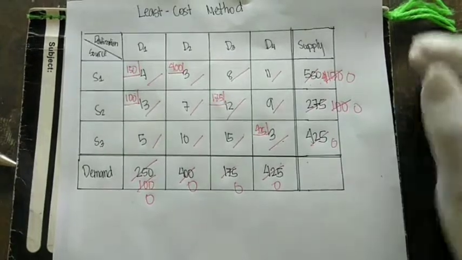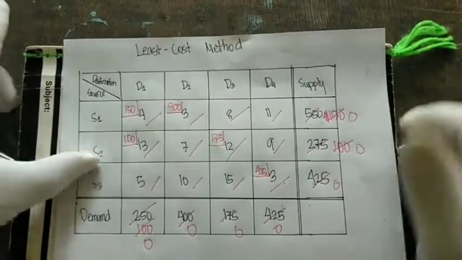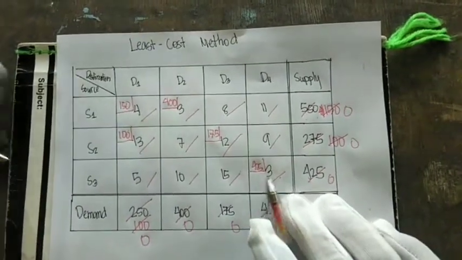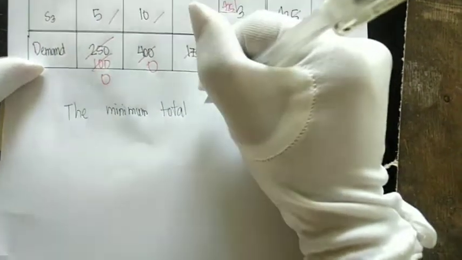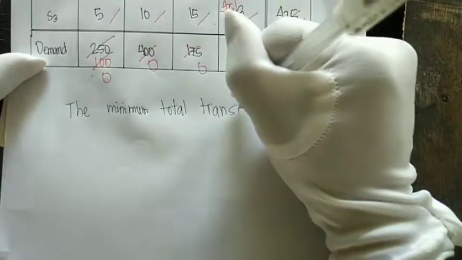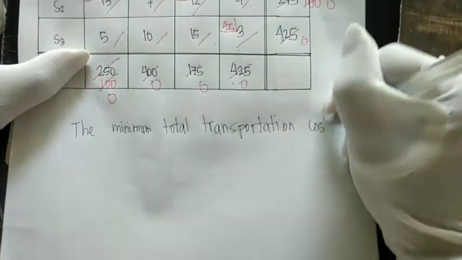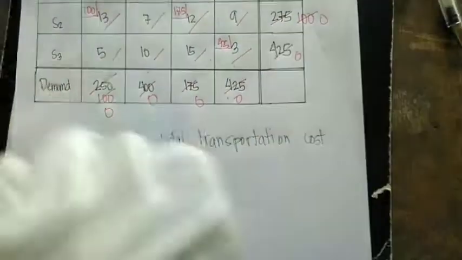So we can see the final occupied cells now: this 150, 400, 100, 175, and 425. So the minimum total transportation cost will be equal to,